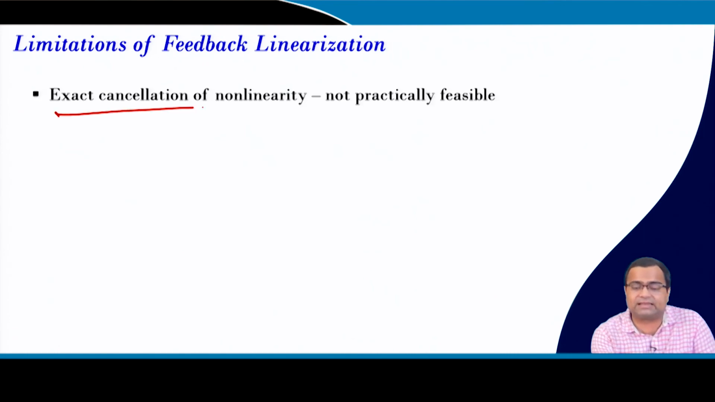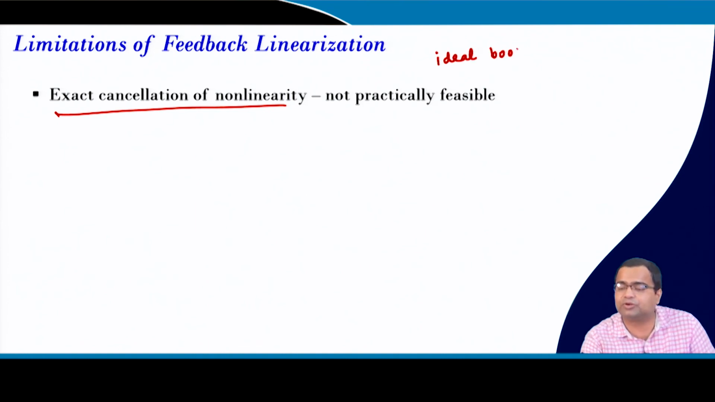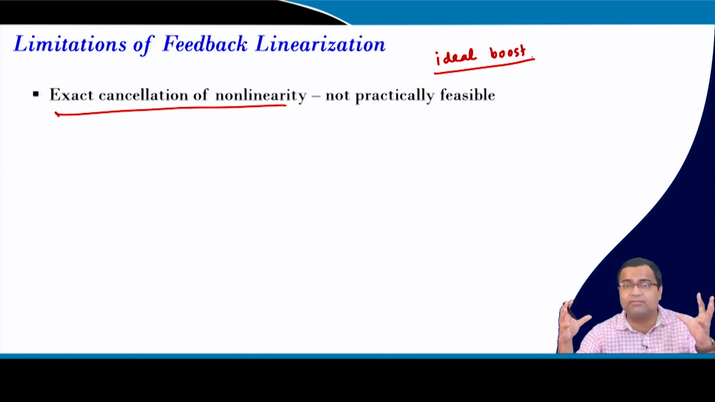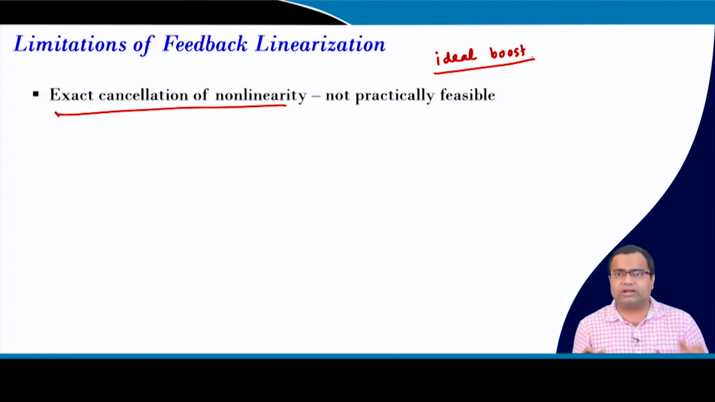The exact cancellation is not possible, because we have considered only an ideal boost converter. Remember, ideal boost converter, but in reality the boost converter is not ideal, and you will get a more complex model including parasitics, which can create a real problem in exact cancellation. That may not be possible. So, practically, that is why most of the feedback linearization comes with something called backstepping,